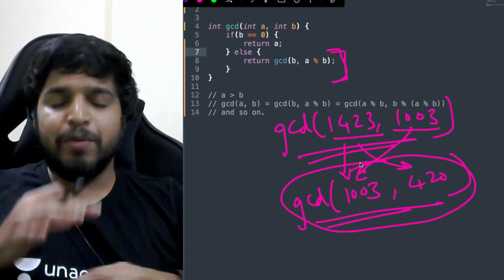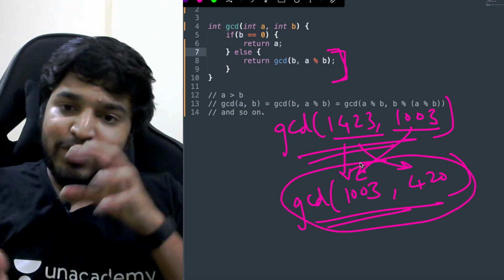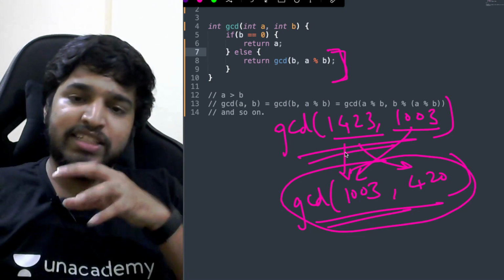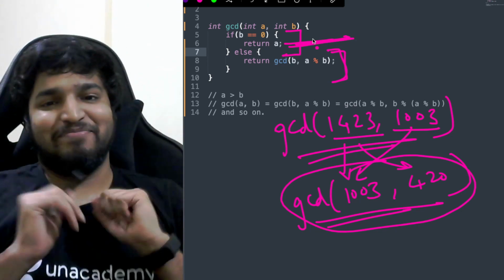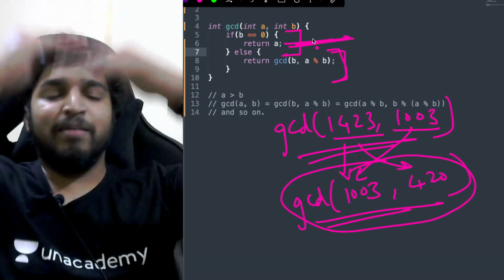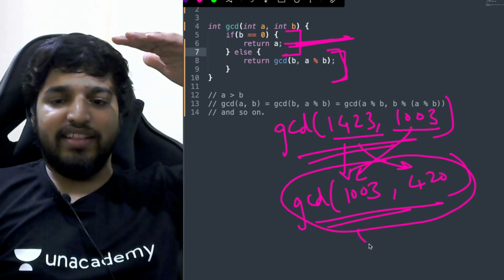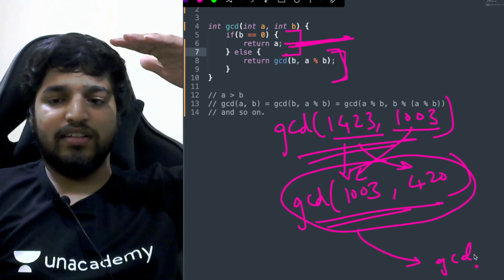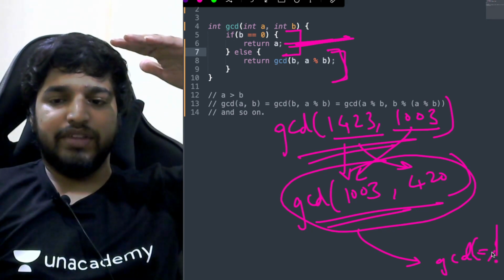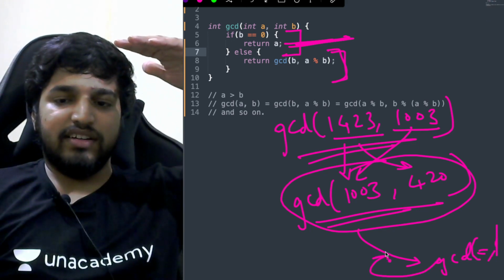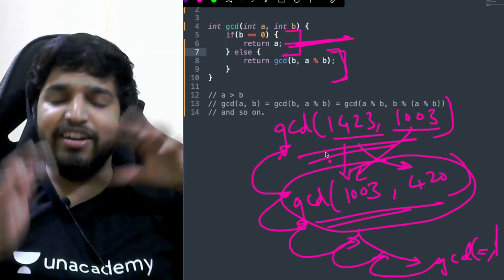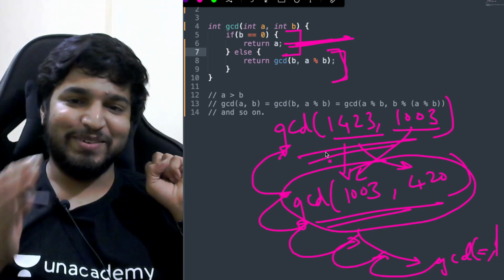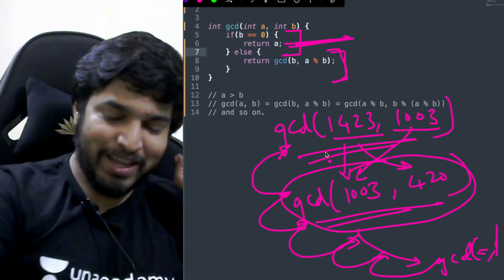So once we have a smaller problem, we can divide that into a smaller problem again till we reach the very base case, which is B equals 0. And then we return A. Then we return it up and up and up. Whatever, in the end we get GCD of something, comma 0. Then we return the answer here, here, here, then here. Then we return the final GCD. That's how it's done. Now, speaking about the complexity,